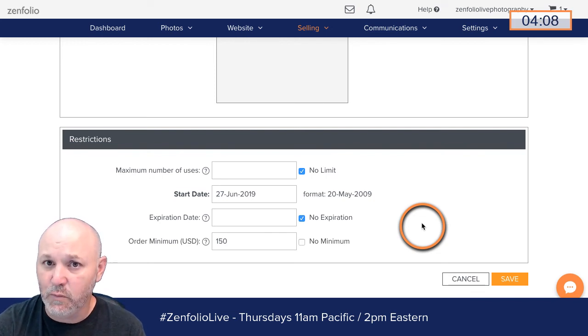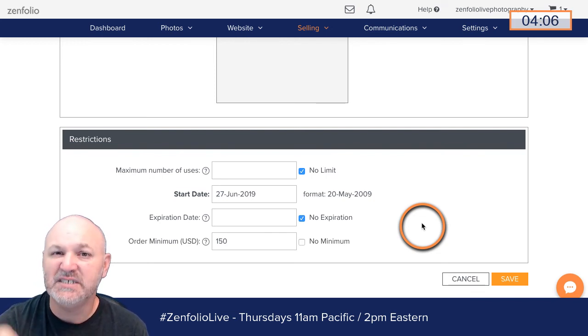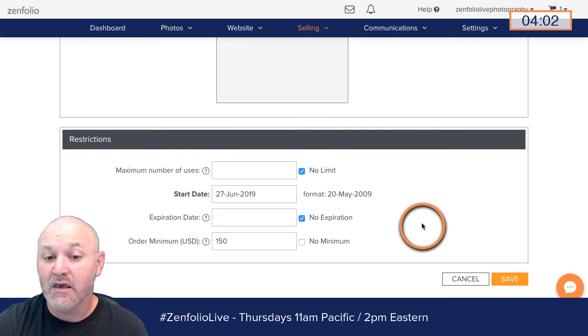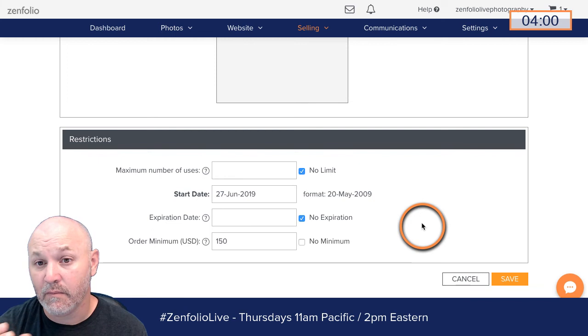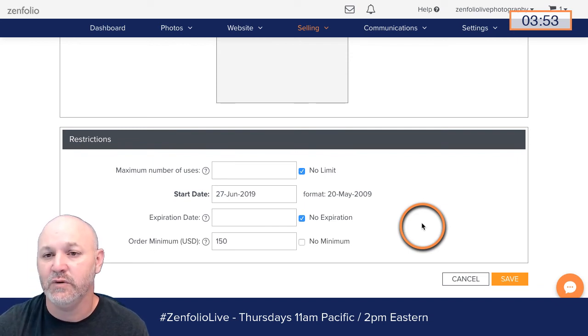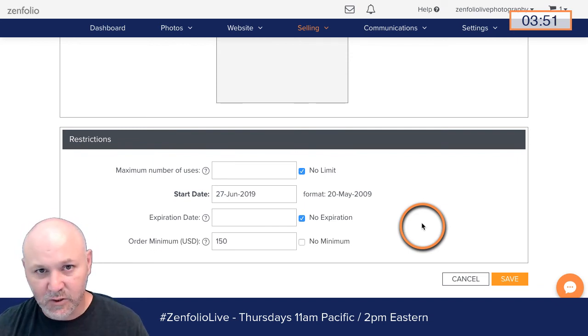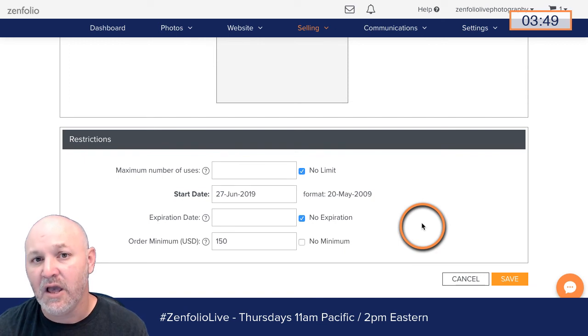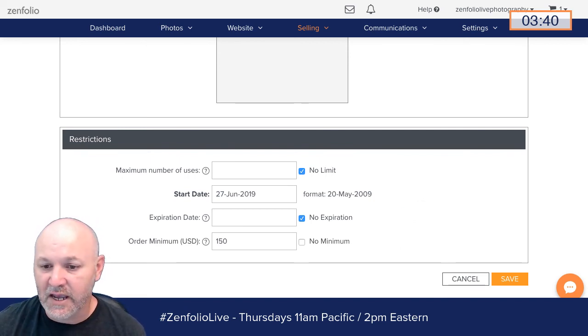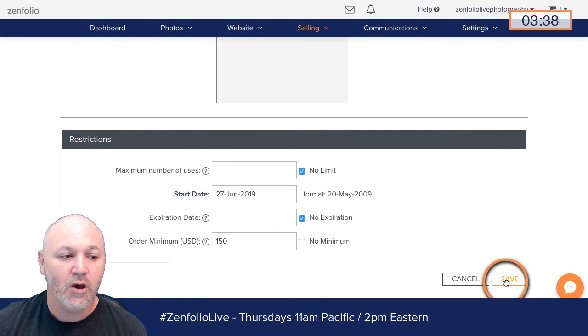So you can use this coupon to give them a discount, but set the client gallery to expire. Let them know up front, hey, here's a coupon, you'll get a discount, but by the way, your online gallery is only going to be available for the next 2 weeks, the next 3 weeks. This way, you don't have to create a bunch of coupons, but you still have that urgency that you're giving your clients by letting them know that their gallery is only going to be available for so long. All right, so then you just save that, and that's a coupon code that you can use over and